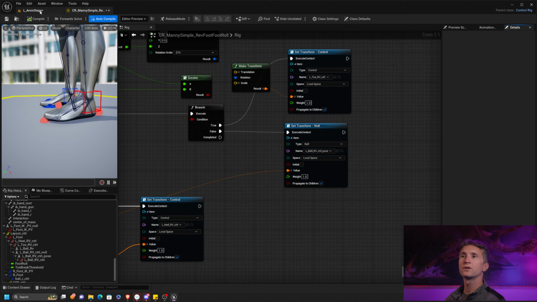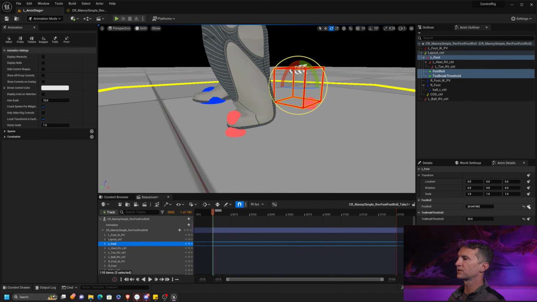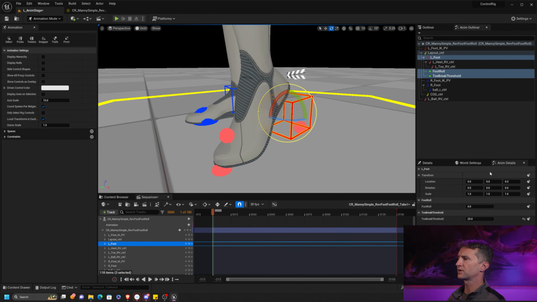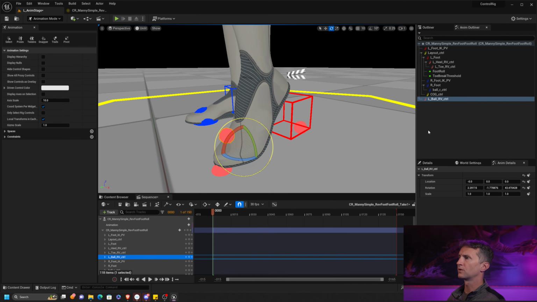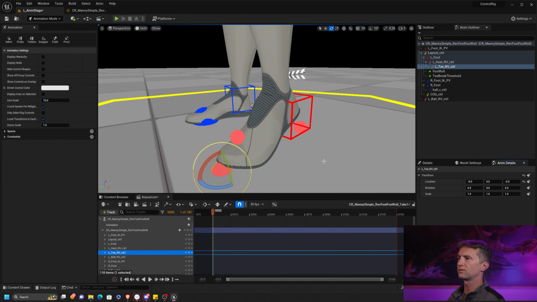But we should also now have, let's compile and save this just in case. We should also now have the power to animate on top. So let's reset this back down, okay? And double check a few things. So, and actually you can already see it working. If we go back to zero all of this stuff out,